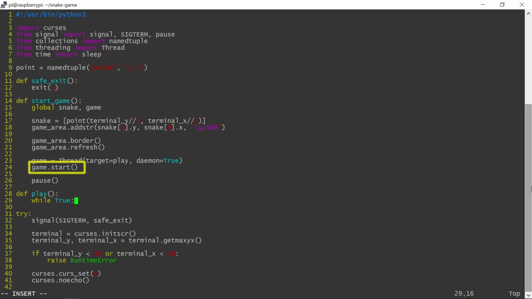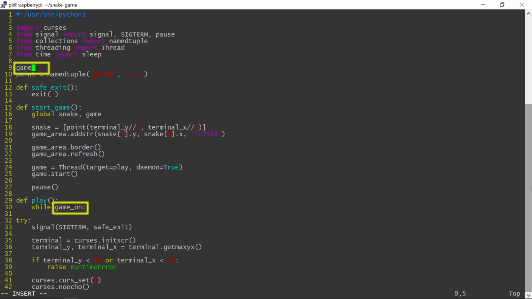All threads have a predefined start method, which simply runs the target function, but there is no predefined stop equivalent, as each program uses threading differently and it is up to the programmer to define the thread termination process. I will add a globally accessible variable called gameOn, which will allow me to terminate the thread later by setting this variable to False.